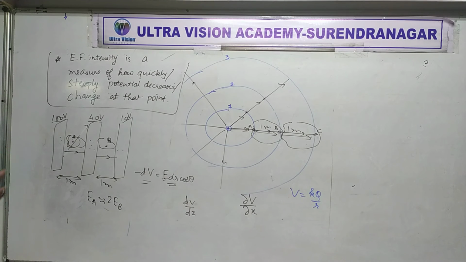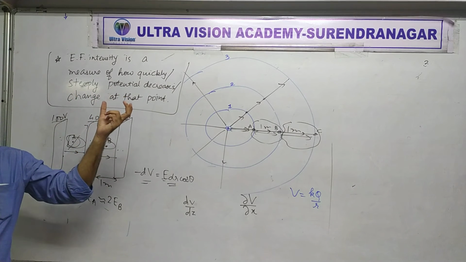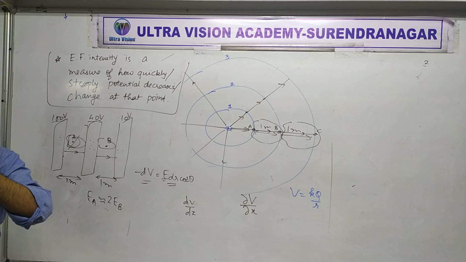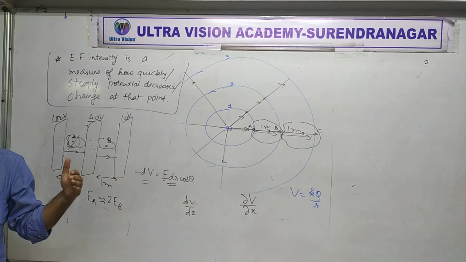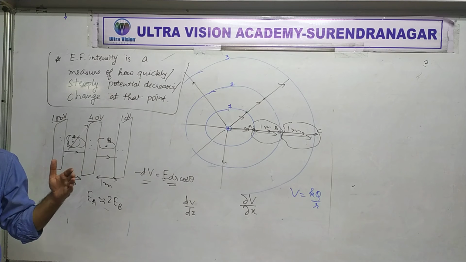Alright, everything clear again? Three key things to remember. One, electric field lines are always normal to equipotential. Second, the direction of electric field lines will be from higher potential to lower potential. Normal, and higher to lower. Third, how quickly potential decreases is understood by the magnitude or strength of electric field. If electric field has more magnitude, there the potential will decrease quickly. Is that okay?